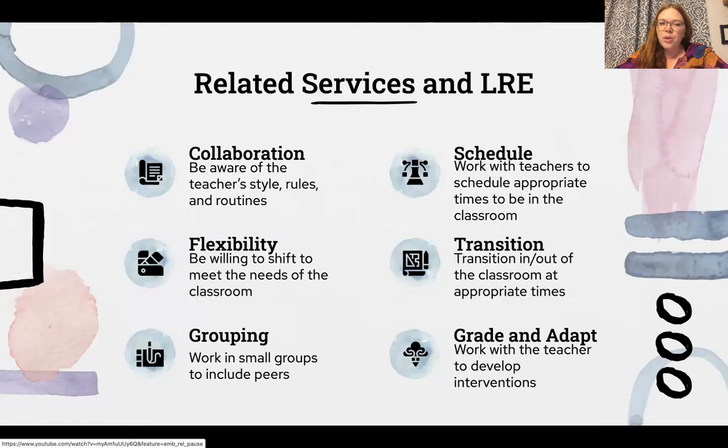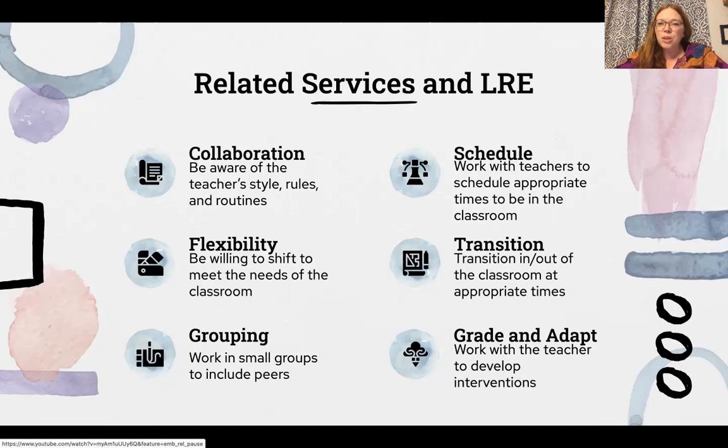We can use groups to our advantage. Working in small groups, we are sometimes able to service in kind of a non-traditional way. We can include the same age peers in this group. So sometimes a teacher may say, hey, can you just get your eyes on this kiddo? They're not on your caseload. They're not receiving special ed services, but can you look at them, see what they're doing, offer a couple pointers? This is a great way to get that done. When we have groups, we can include those peers and everyone can kind of benefit from our skill sets.